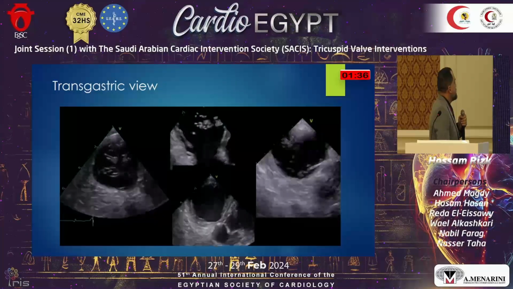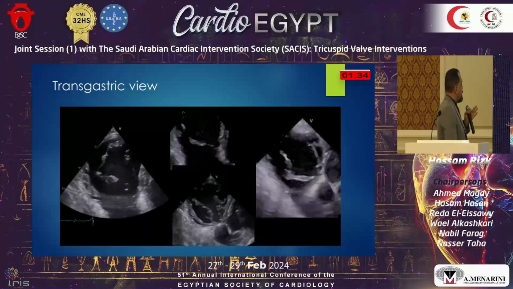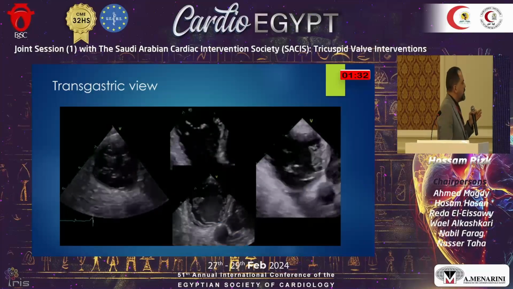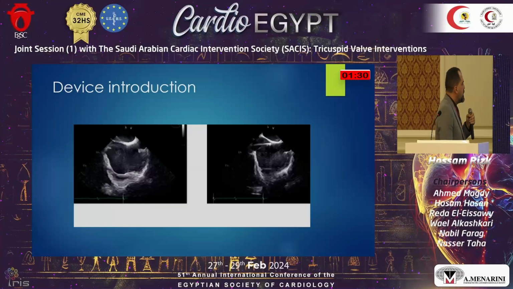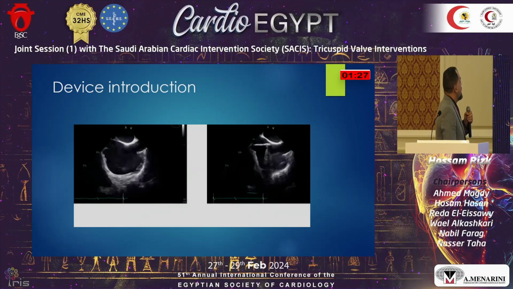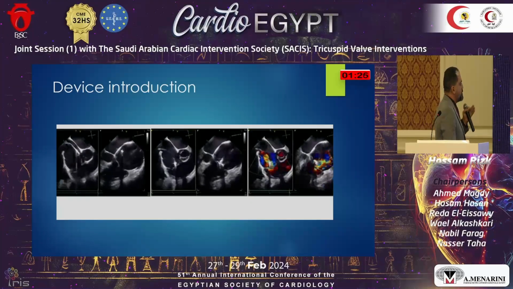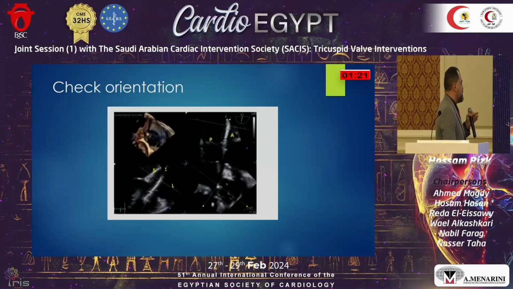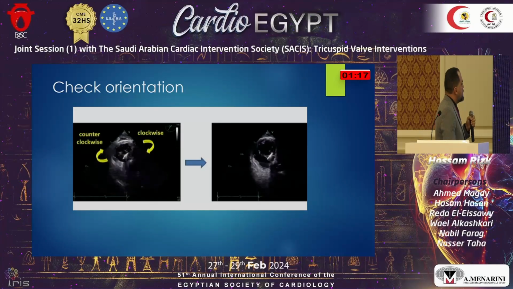In the transgastric view, this view also, as I said, is very important in assessing the grasping of the valve when we start to locate it. Device interrogation: we enter the device, mainly TriClip, using the inflow-outflow view. We try to control its position, and we use last the transgastric view to park it at the anteroseptal commissure,